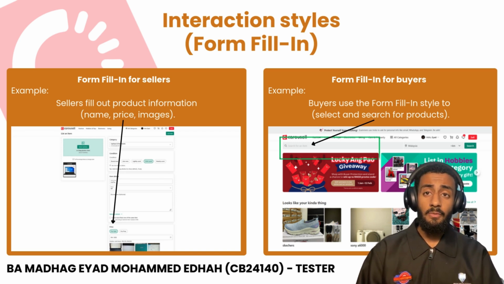And I will talk about the form filling and tracking style. Firstly, Carousell's form filling style enhances user experience. For sellers, it is used to enter product details, the name, category, and images, as we can see in the first image. And the second one is about buyers. It appears on the payment page where users choose shipping and payment methods, as we can see in the second